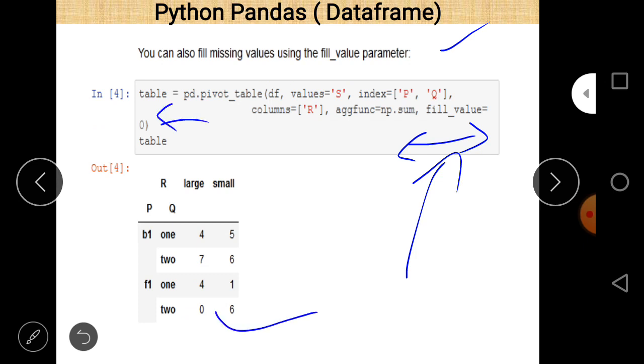Where in our previous example NaN appeared, here NaN is replaced by 0. So that is the difference between these two examples. When we want to replace a certain value, we can use fill_value as an argument.